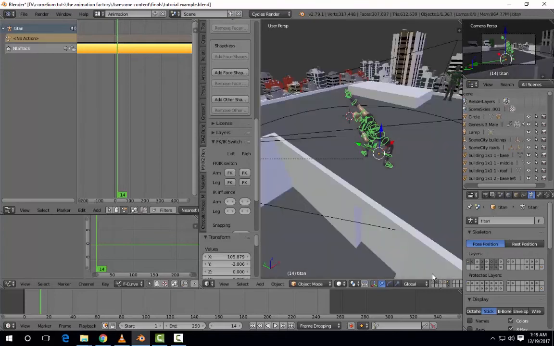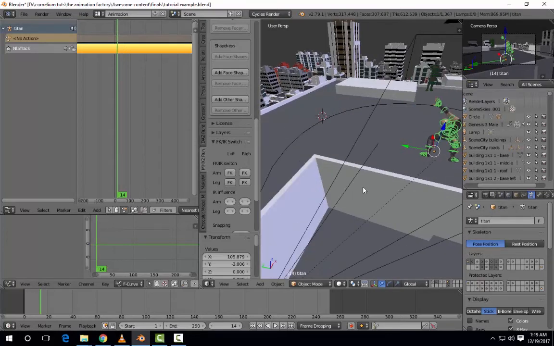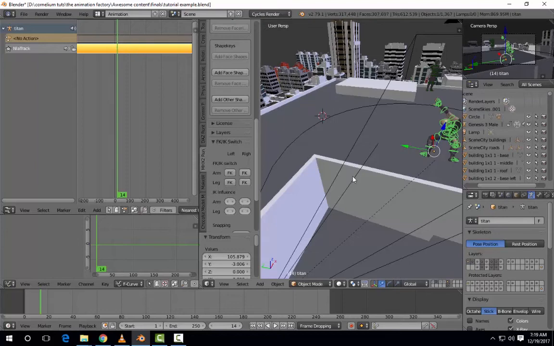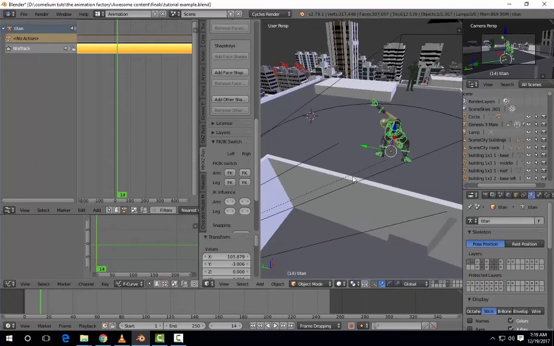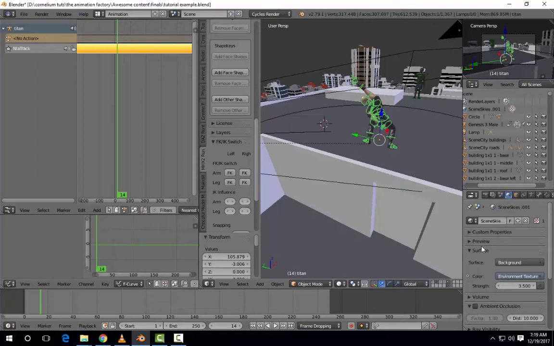So that is how easy it is to create animations with the Animation Factory. I know, somebody will be like, what? It took that long. I thought it would be a piece of cake. Well, beggars cannot be choosers. Another thing